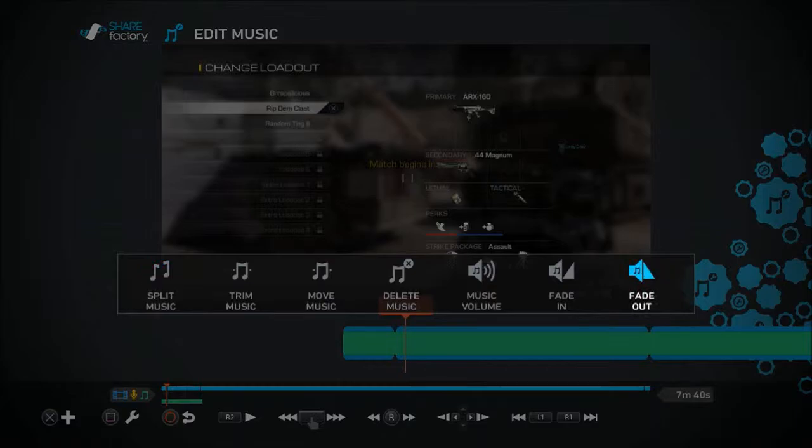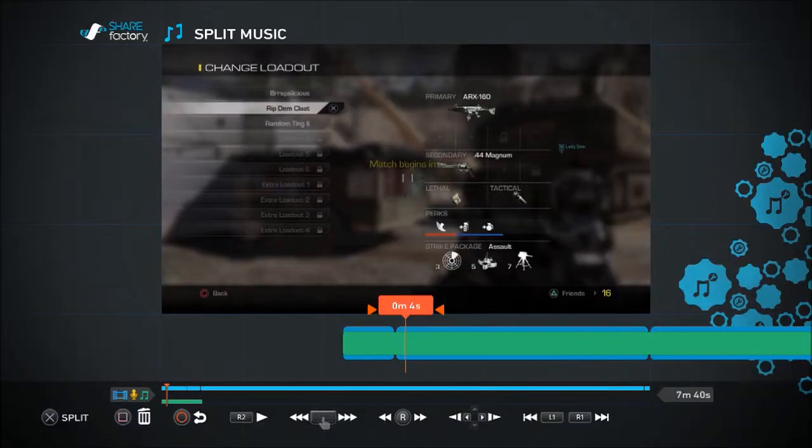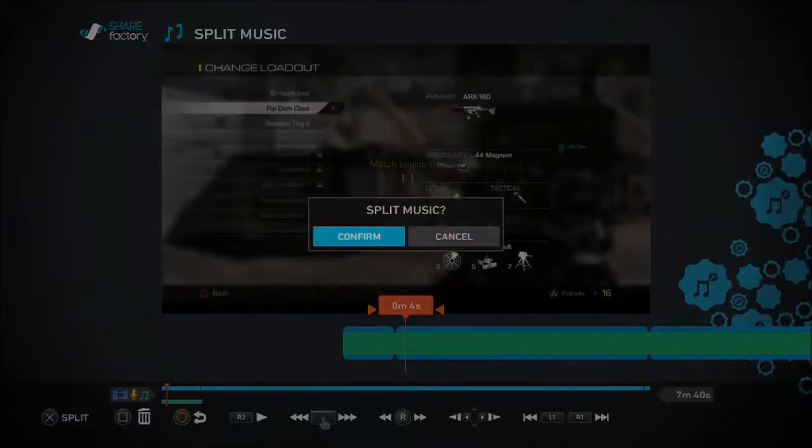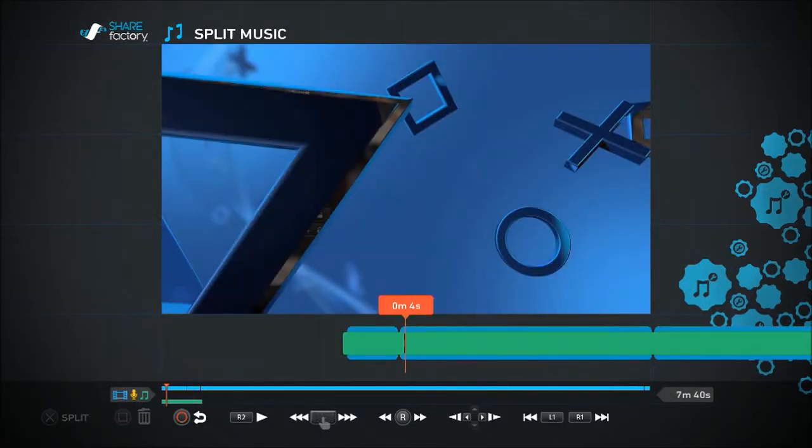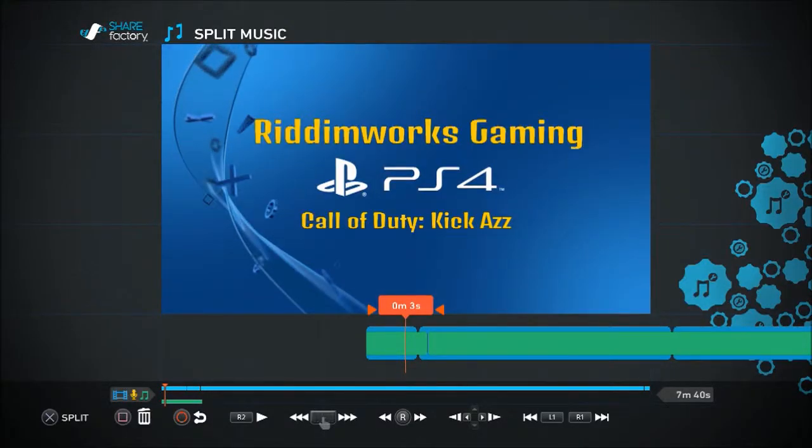Let's see, so I want to split the music. So I'm going to split it right here. Press X again. It's going to ask me to firm it up. I'm firming it up. Come on now. It's taking its time, but it's got to, because it's a whole lot of time it's taking. Okay, now, so I'm going to scroll left on the touchpad,